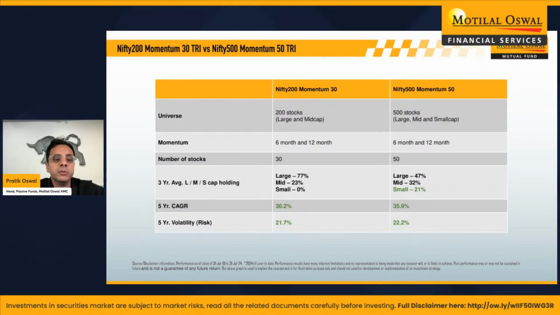Here, if small caps do badly, the money will automatically move with us. The exposure will move from small caps to large caps, or from mid caps to large caps. So this is, I would say, a lot safer, a lot more consistent, and a lot more bias-free index, because you're taking the entire universe of investing.